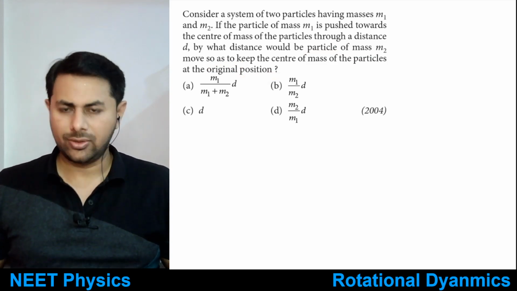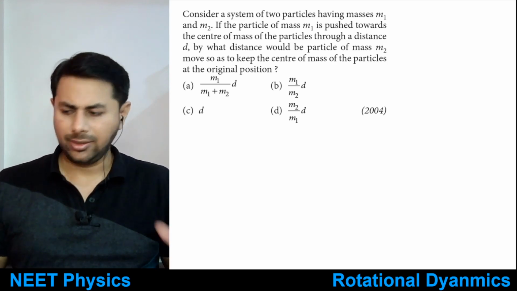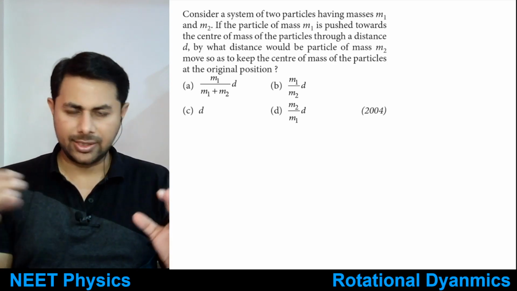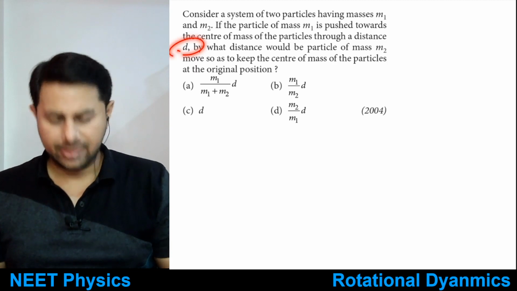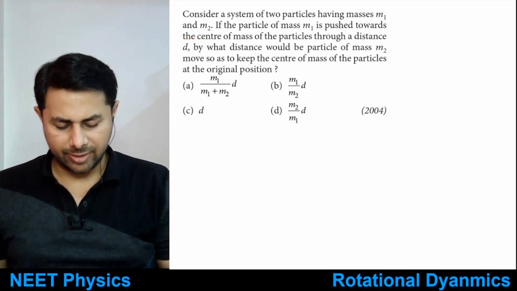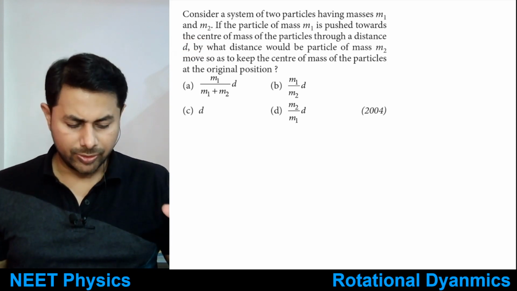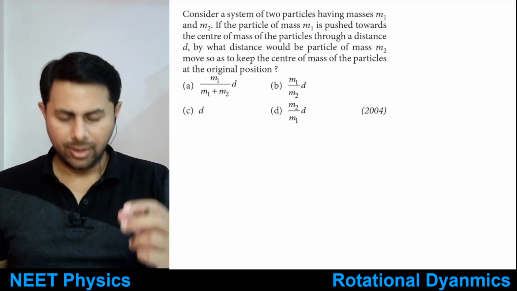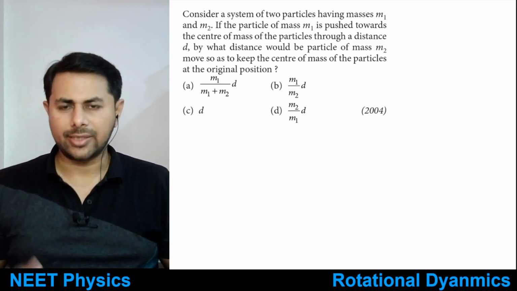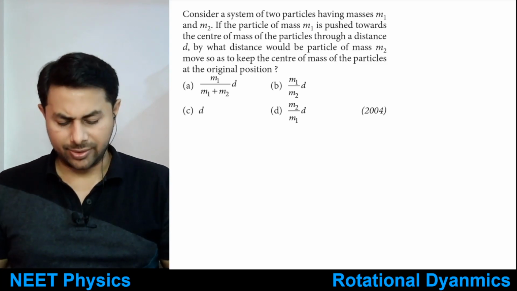Okay, so there are two particles and you are moving one of them towards the center of mass by distance d. Okay, first one is moved by distance d. Then by what distance should you move the second particle also so as to keep the center of mass at the same position? This is the question,